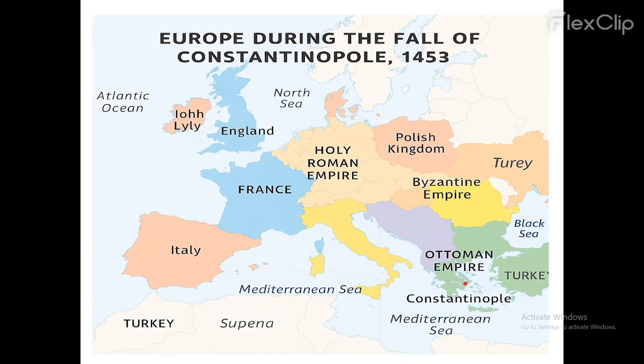Now this map is very important for reference purposes. You can see this is Constantinople. It was attacked by the Khalifa of Turkey, and the scholars, scientists and thinkers who were staying at Constantinople fled to France, Italy, England, the Polish Kingdom and other countries of Western Europe,